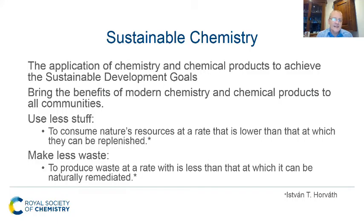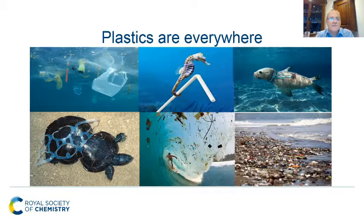And we need to make less waste. So we need to produce waste at a rate at which it can be naturally remediated, or less than that at which it can be naturally remediated. And if we can do that, together with using less stuff and achieving the Sustainable Development Goals, we will then have developed a truly sustainable chemistry. But today I'm going to focus on